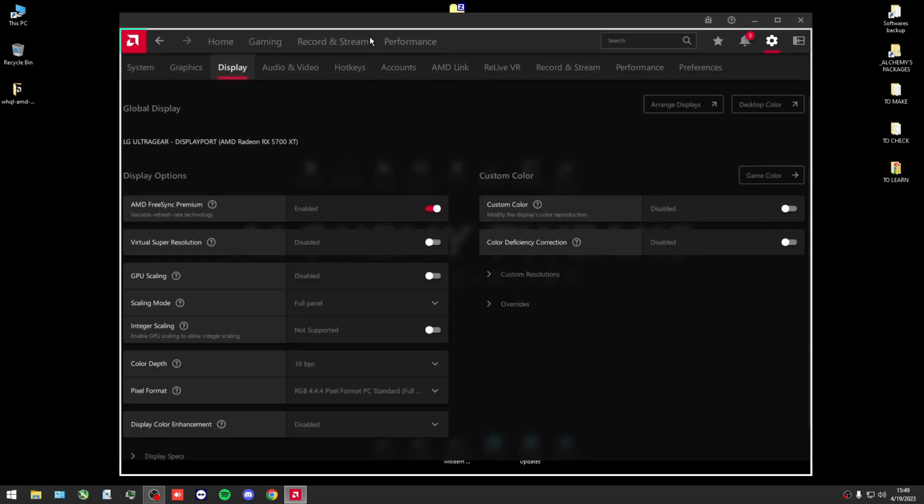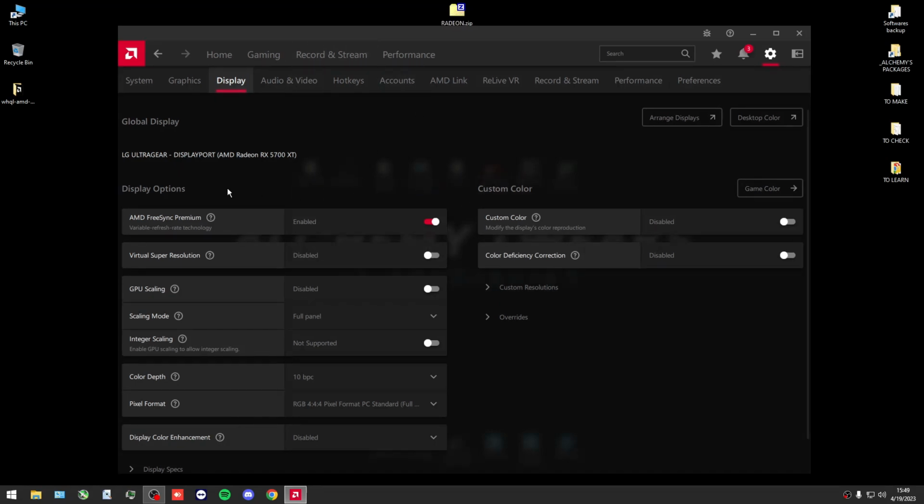Also, the interface is better than NVIDIA. Okay. Now in display, if you have AMD FreeSync Premium, you can enable it. In my opinion, just keep only this enabled. Don't enable